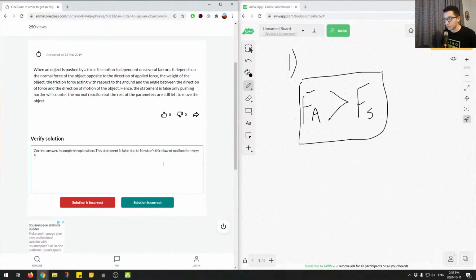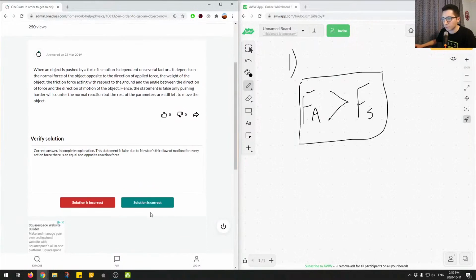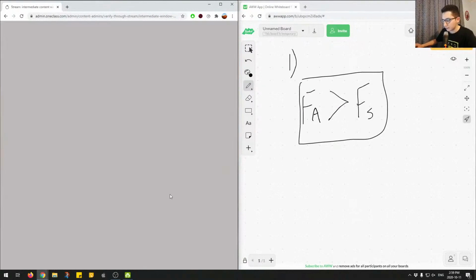For every action force, there is an equal and opposite reaction force. Alright, so we'll mark this as correct because they provide false. So they say depends, and the statement is false. So they say they give the correct answer, but incorrect explanation. Let's get on to